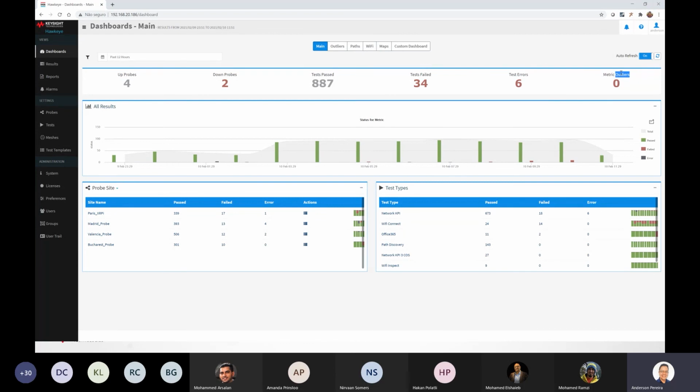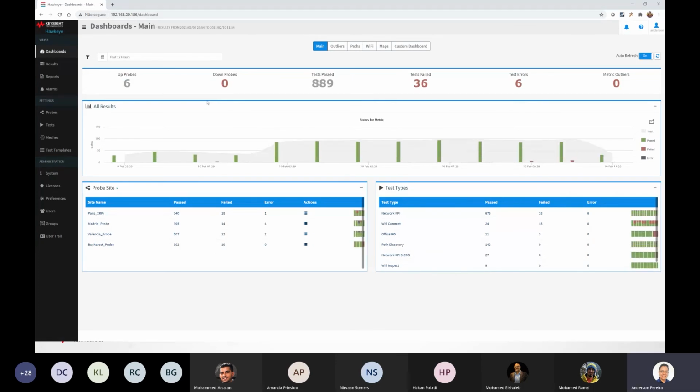Also, we have the metric key outliers. The metric key outliers is basically a setting that allows the Hawkeye server to ignore some threshold failures, right? So let's say that over the whole day, 99% of the traffic was okay, but you got 1% of failures, 1% of errors. So that might be expected during the whole day. So you don't need to be receiving alerts or thresholds if it's expected to have at least one error during this day, right? So these are the outliers. You can set this to ignore and reduce your false positives during the monitoring. Okay,